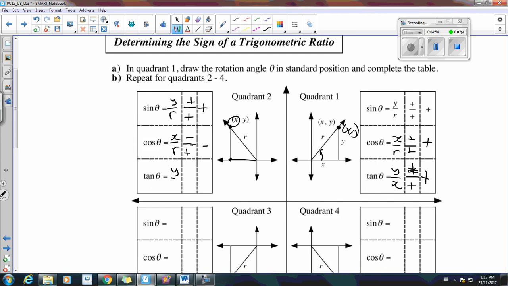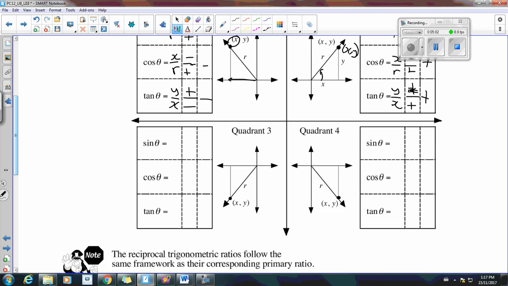Tan is y over x. Well, y is positive, but x is negative, so tan must be negative in quadrant 2. Quadrant 3,